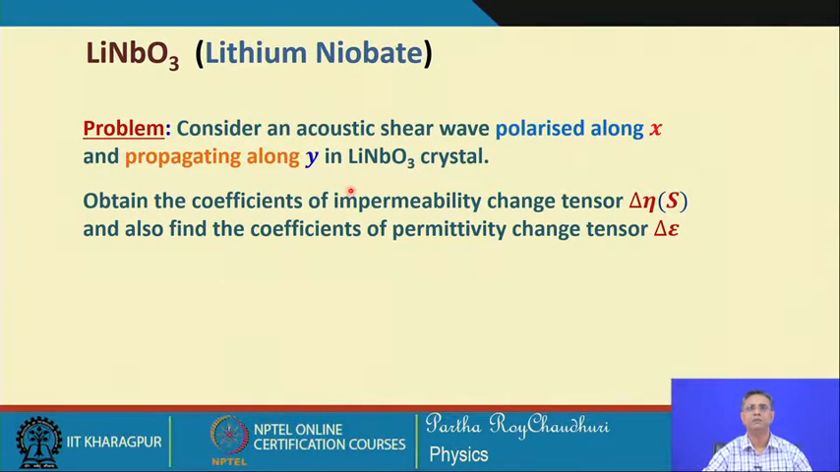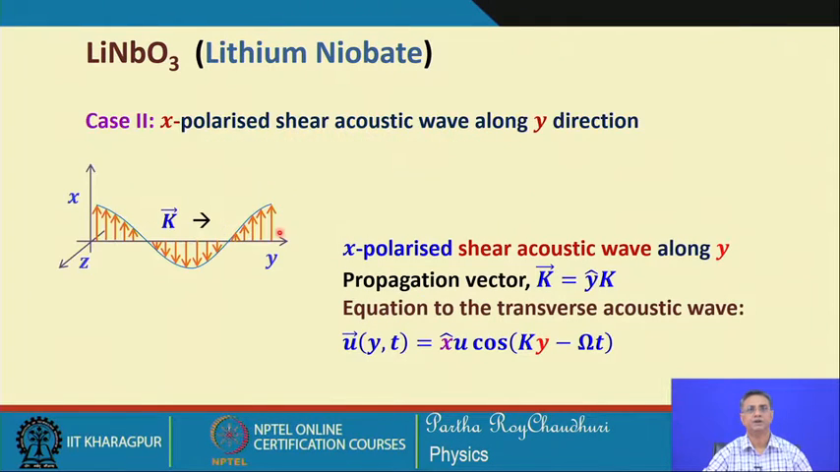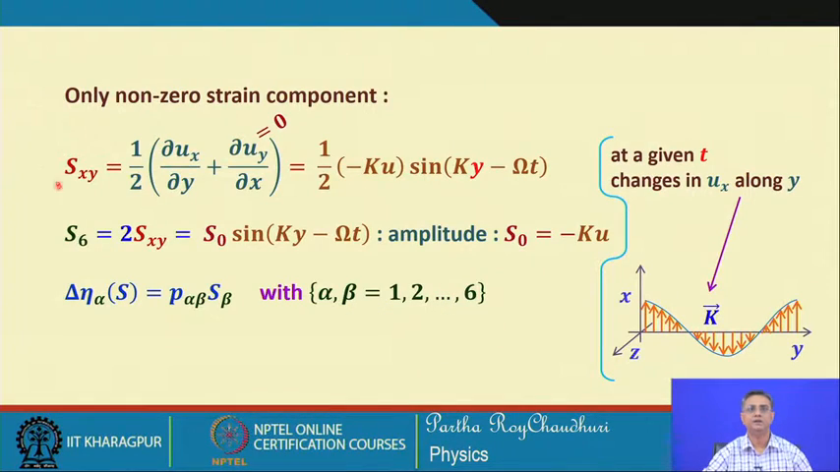Let us consider a slightly different configuration. Consider an acoustic shear wave that is polarized along x and propagating along y in the lithium niobate crystal. To obtain this coefficient of impermeability change, we find that this is the case where the shear wave is polarized along x and propagating along y direction, and it will be given by this equation, and then only the non-zero